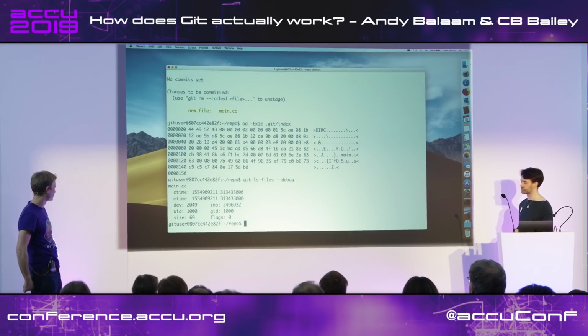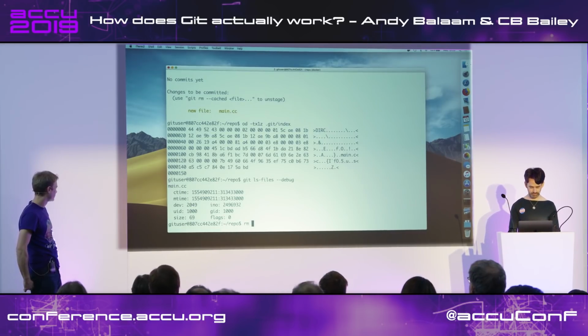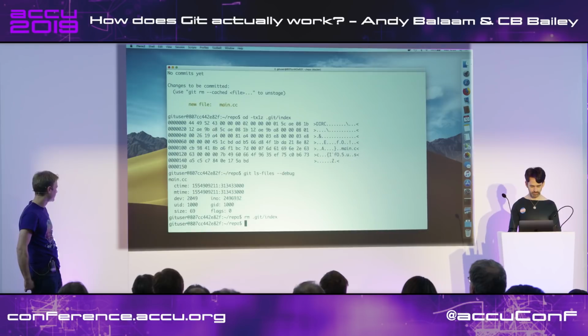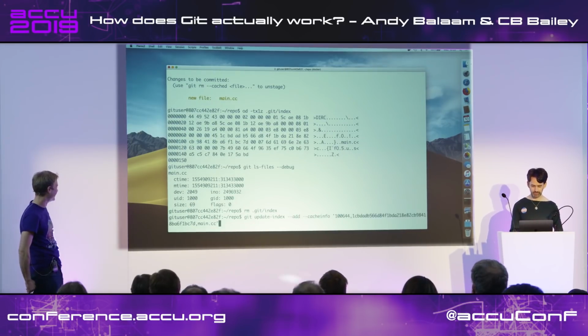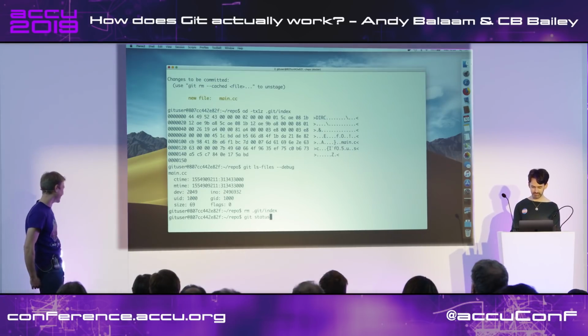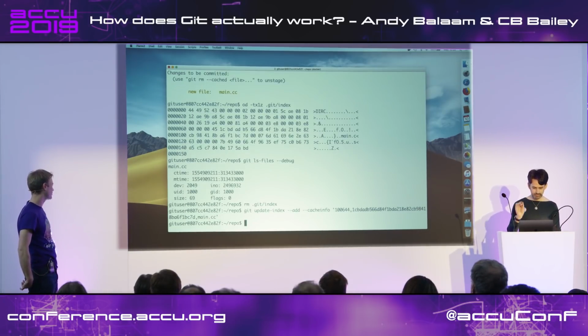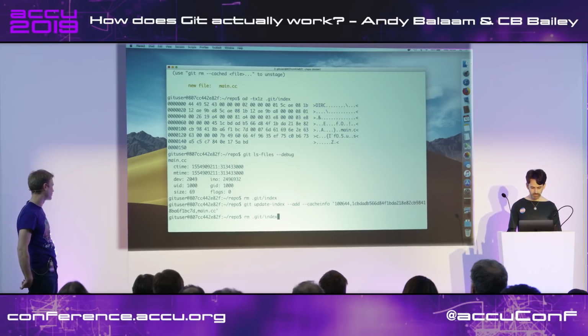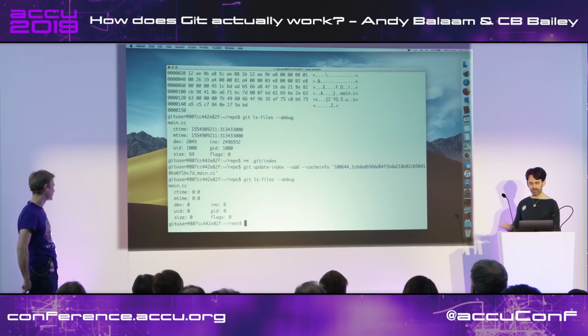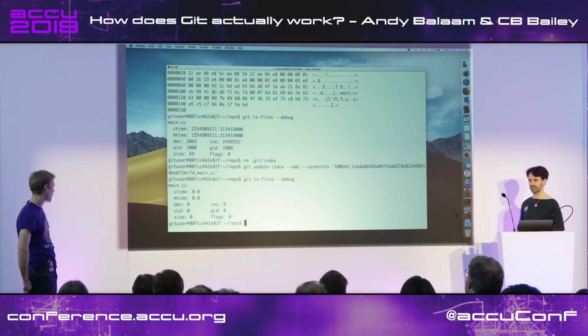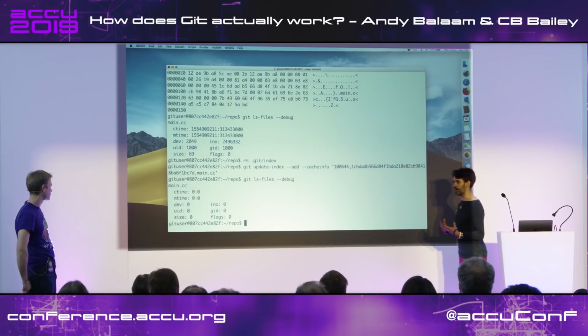So actually, let's remove the indexes. Yeah, you can recreate the index at any time. It's fine. So here's the kind of change that Git Status caused. So when I just do a low-level update index,